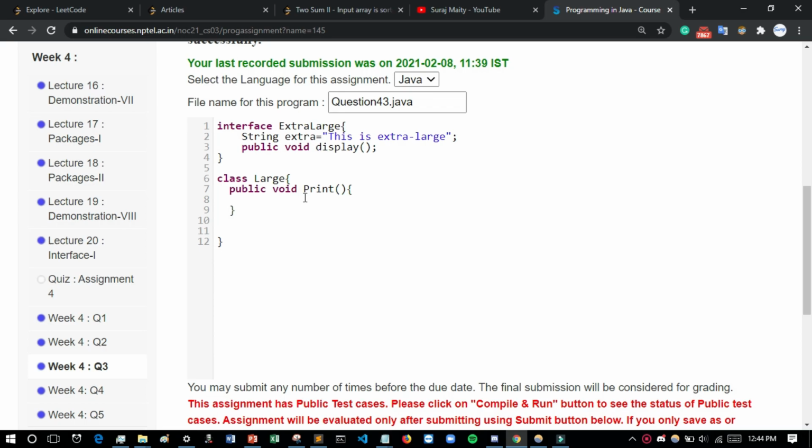System.out.println("this is large"). And for medium, it is class Medium extends Large.